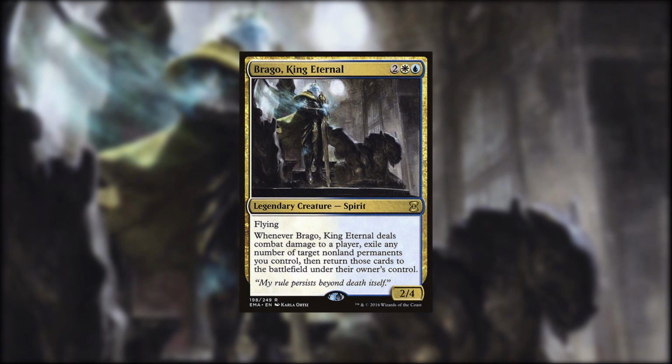Brago, King Eternal is a 2 of anything, 1 blue, 1 white, 2/4 legendary creature, Spirit. He has flying, and when Brago deals combat damage to a player, exile any number of non-land permanents you own, then return them to the battlefield. This blink ability is great when paired with mana rocks, as they return to the battlefield untapped, allowing you to use them again. You can also blink your creatures with ETB abilities to trigger them every single time you connect